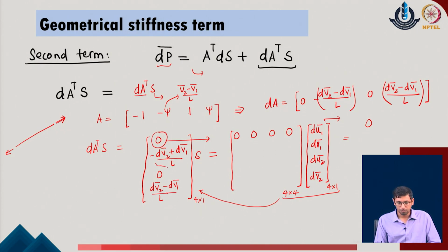Now the second parameter which I want to get over here is this term. If I want the multiplier of du1 bar, I see that there is no coefficient over here of the du bar, so this is 0. du2 bar also has no coefficient, so this is also 0. But with dv1 bar and dv2 bar, we have coefficients, and we write them as s upon L and minus s upon L in the given problem.